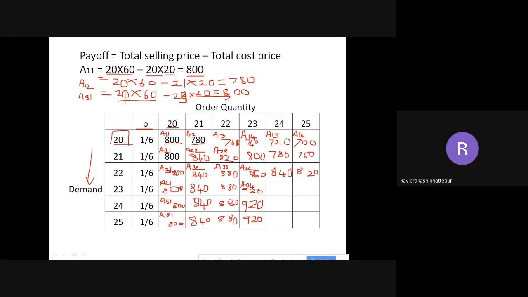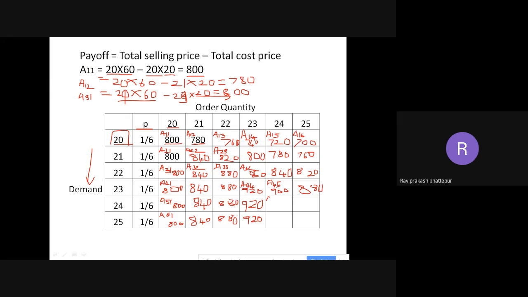Next, for A45, what is the value? I am buying 24, but my order is only 23. So what will happen? 20 rupees will get reduced here. So it becomes 900 and the next would be 880, because again 20 rupees will reduce, as I am ordering one more quantity extra than previous. So next,